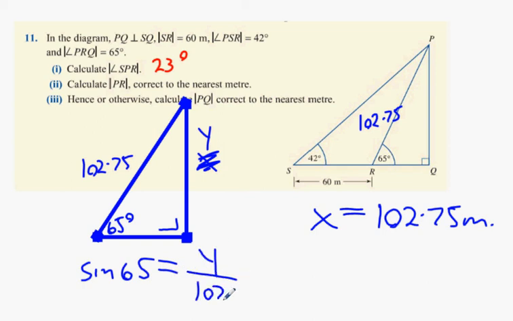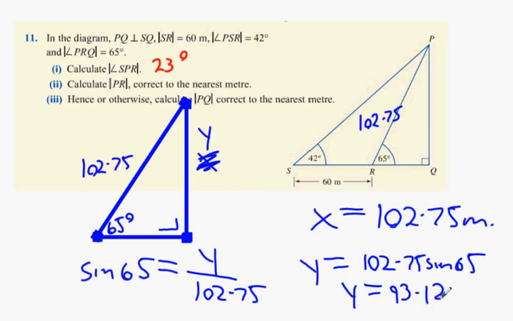Y over 102.75. Bring the 102.75 up. And what do you get? 93.12 meters. Okay. So